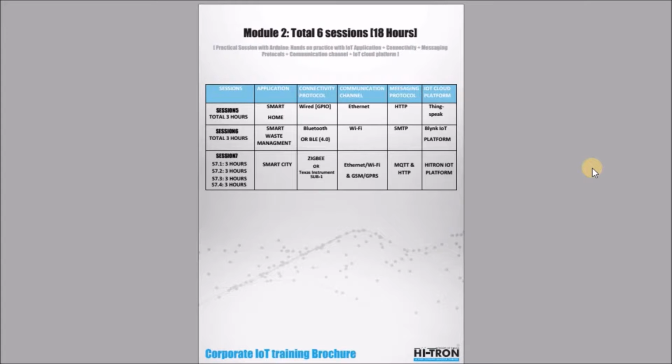So let me split each and every session and tell you what will be there. So session number 5 will be the next one, where we spend 3 hours, where we will learn how we can use a messaging protocol, HTTP, hypertext transfer protocol. In this example or demonstration, we will be using Arduino with the Ethernet shield. So our communication channel will be Ethernet, and we will be talking to the ThingSpeak cloud platform using HTTP messaging